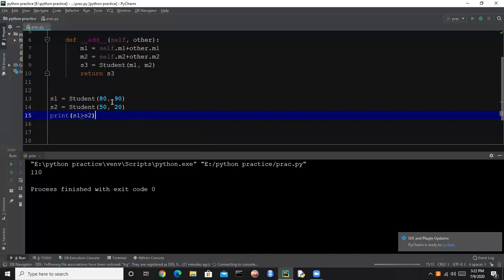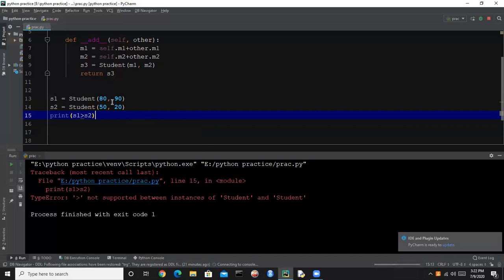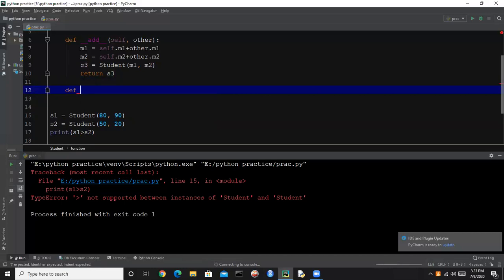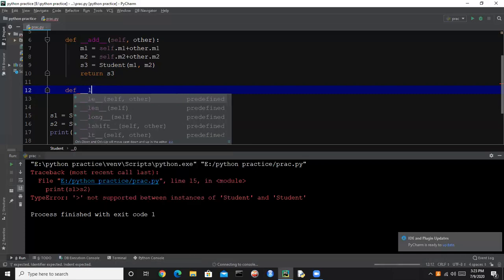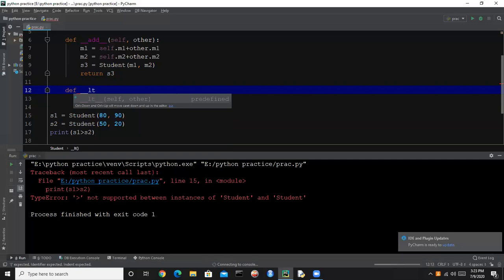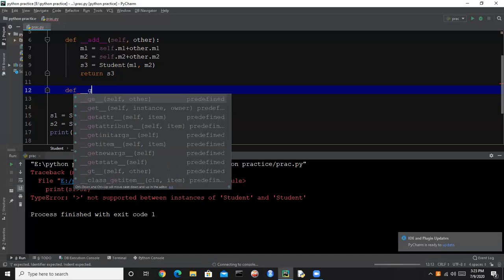But if we run this, it will give an error that greater than is not supported between instances. So now we can override the greater than method. For greater than we have gt, for greater than or equal to we have ge, for less than we have lt, and for less than or equal to we have le. For now we want greater than, so we will use gt.